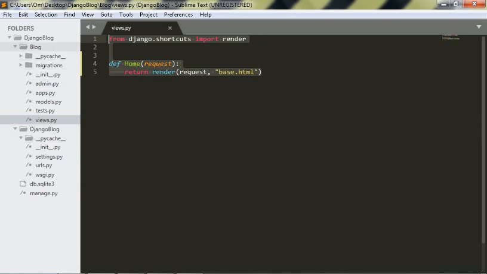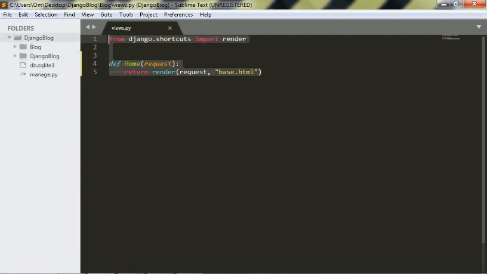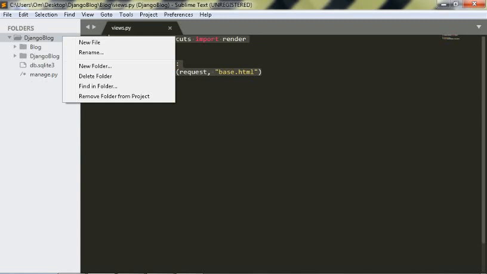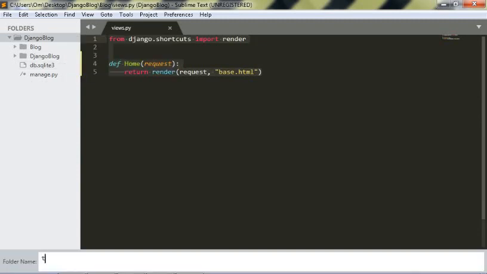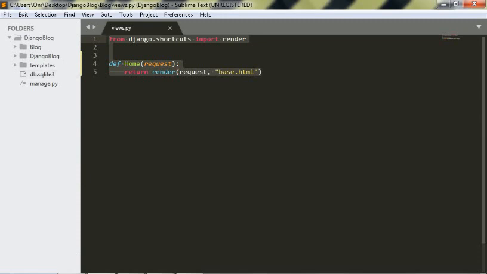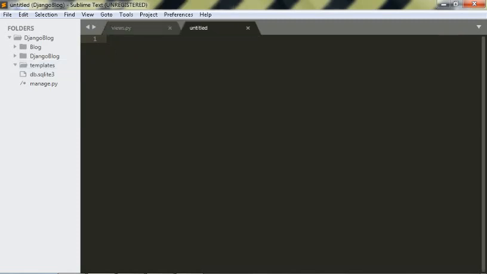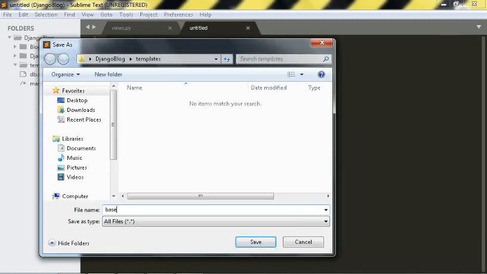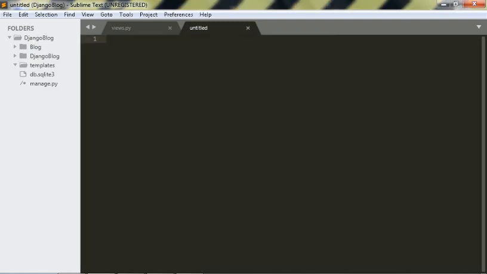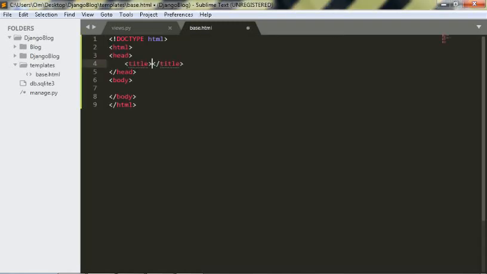Now let us create a template. In Sublime Text, I just need to create a new folder, templates. Now let us create a template named base.html. Let us save it as base.html, and let us type html.